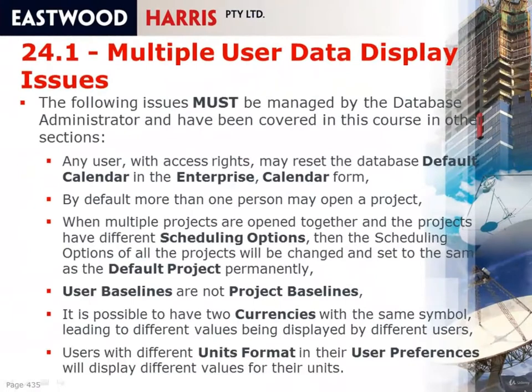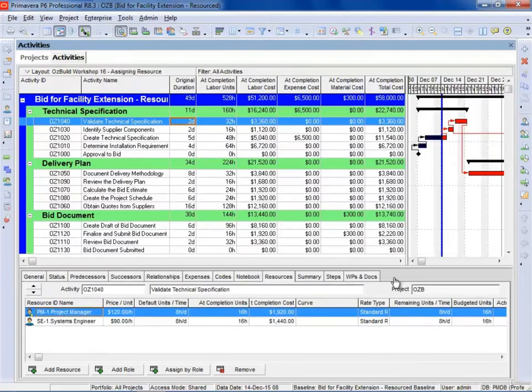The next topic I want to talk about is that users with different units formats in their user preferences will display different values for their units. Let's go to P6 and have a look at this. At the moment I'm displaying duration in days, labour units in hours, and I'm showing the default units per time as 8 hours per day. If I